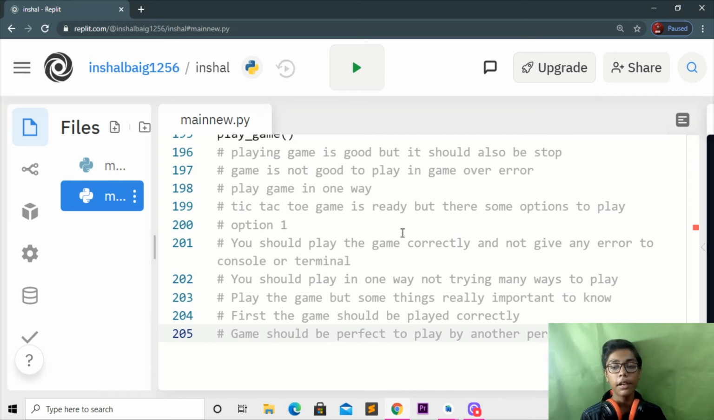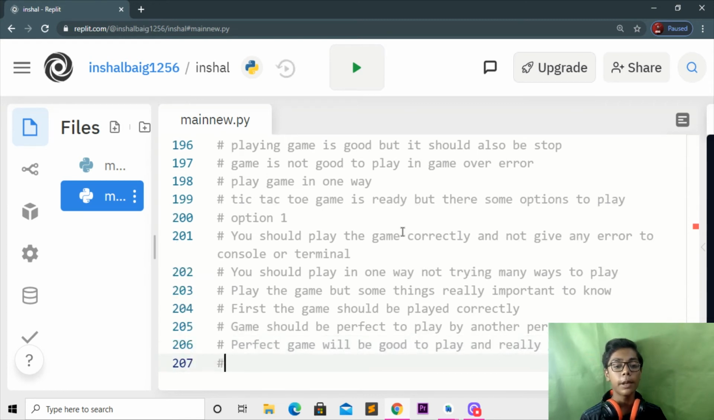When you've done with that, simply come underneath, and here you have to write: perfect game will be good to play and really good to run. So here I'll be writing really good to run, you can say. When you've done that, I'll be coming underneath here and writing: play